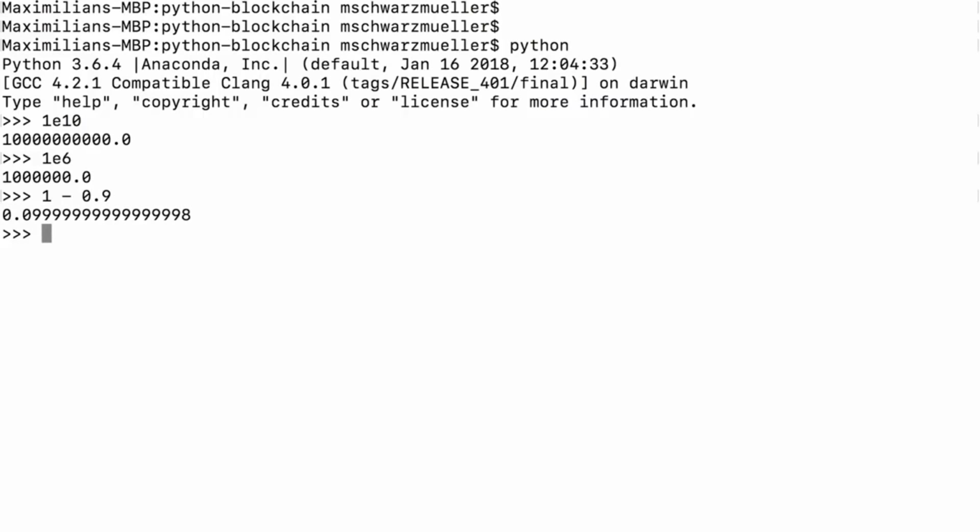Now, the reason for this strange looking result is that, as you might know, computers work with zeros and ones. They work in the binary system. Therefore, any floating point number is a challenge for them. And that's not just the case for Python, but for any programming language. The reason for this being a challenge is that anything which is a decimal place, no matter if it's 100.1 or 0.1, is lower than 1. So the part after the dot always is lower than 1, per definition.